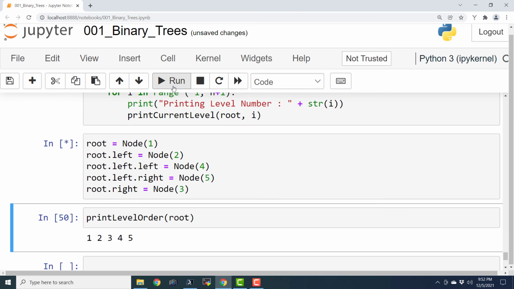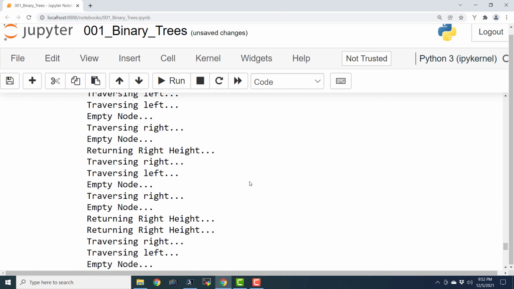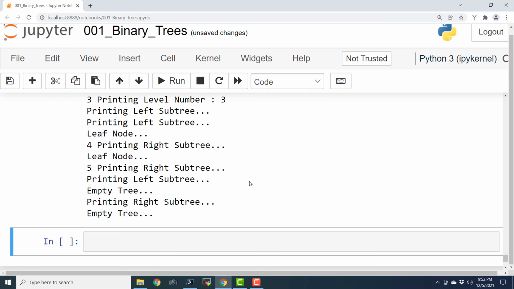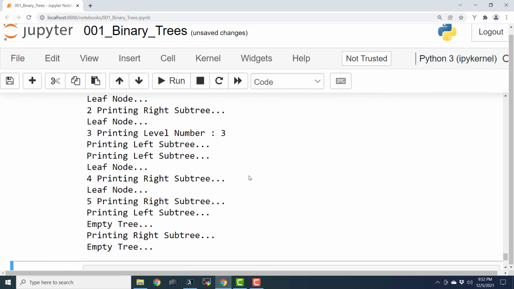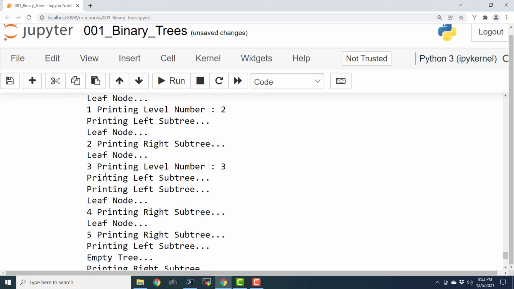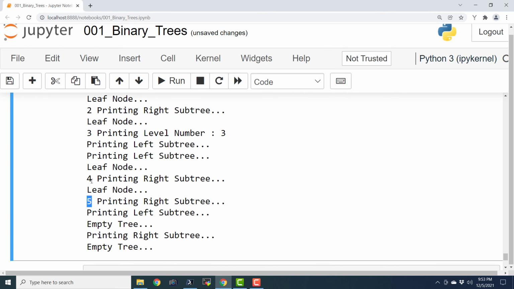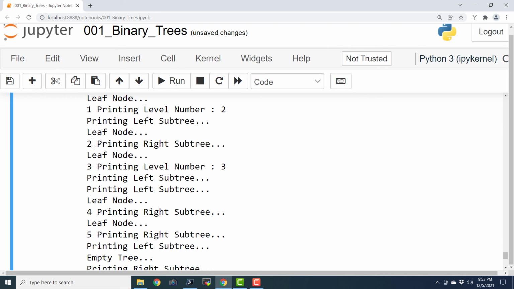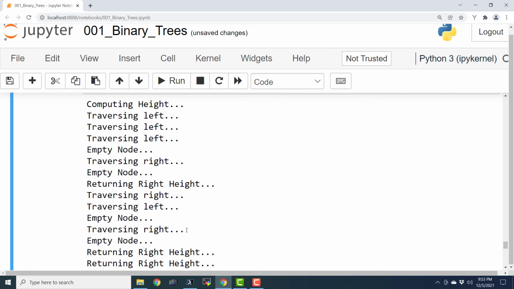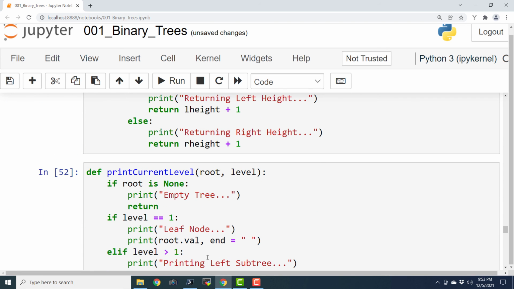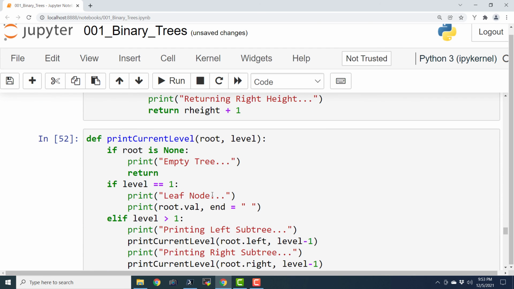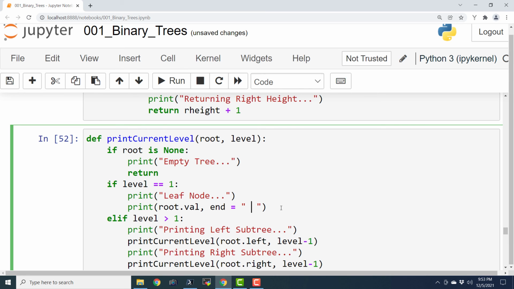Now let me redefine the tree structure, and here if I execute this, it should actually print all the trace. Okay. So here we have printed everything. Okay, 1, 2, 3, 4, and 5. Okay, so here we can see all these things. Okay, leaf node, and so here we can actually add some sort of symbol.